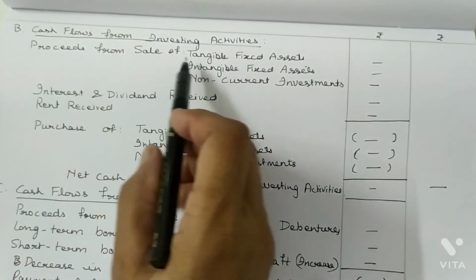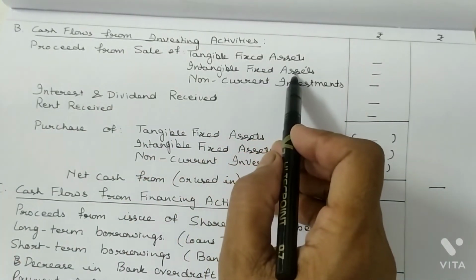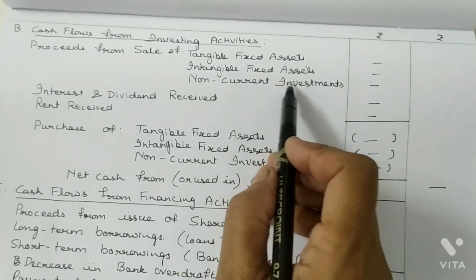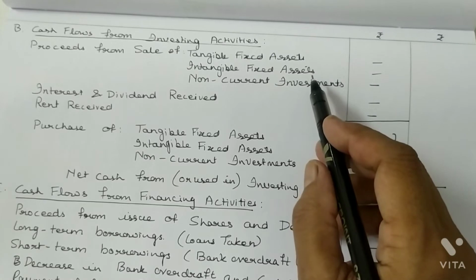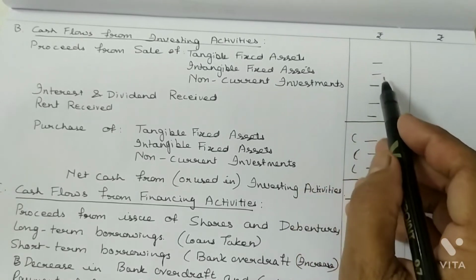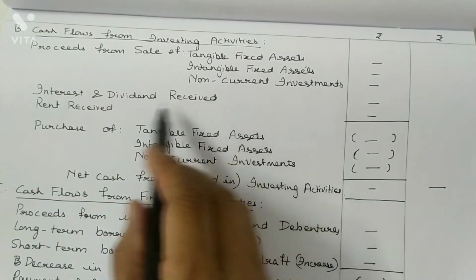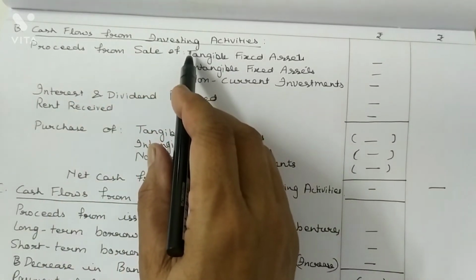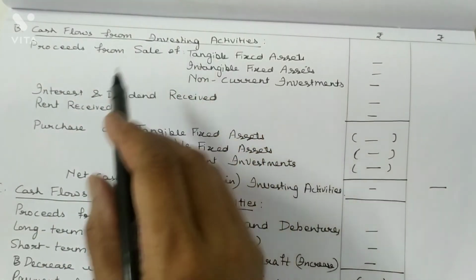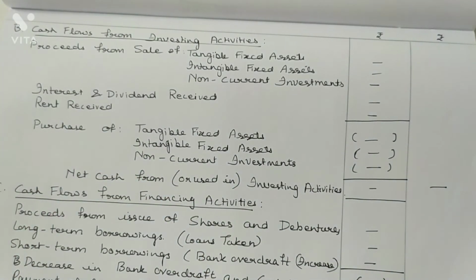The proceeds from sale of tangible fixed assets, intangible fixed assets, and non-current investments cause inflow of cash, so you have to add these. Then interest and dividend received and rent received should be shown in investing activities,